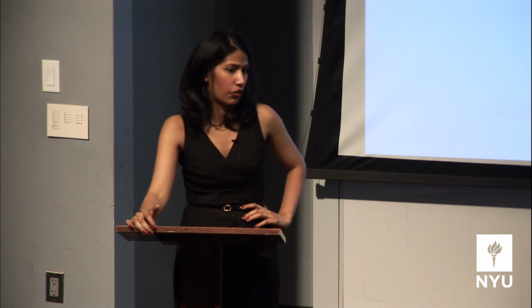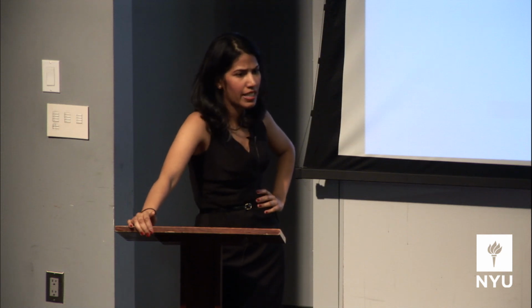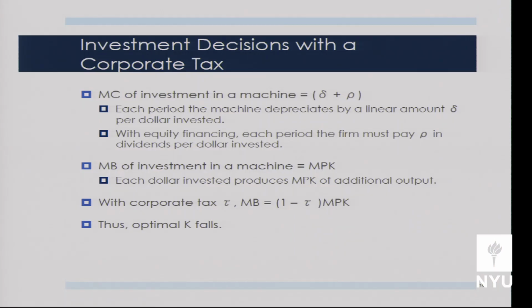So no matter where I get the $1 to buy the clay, it has some cost. And we're going to call that cost rho. In particular, I'm going to assume that we're using equity financing, and I have to pay rho cents for every $1 I get. I have to pay rho cents in dividends to my equity holders each period. It's a simple assumption I'm going to make, so we have a concrete idea of what this is. So when I buy $1 of clay, the cost of acquiring that $1 of clay, or owning that $1 of clay for a year, is the fact I lose 10 cents of clay from just owning this thing. That's the depreciation.